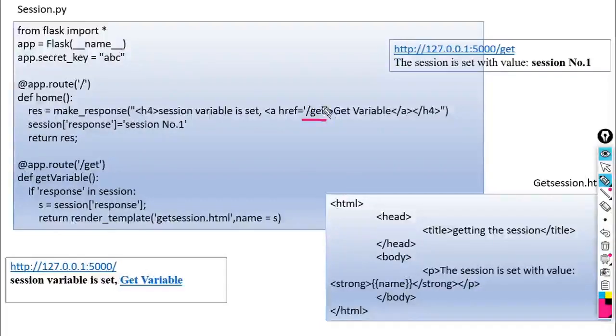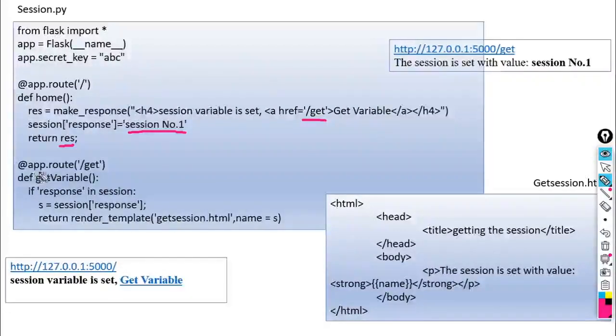In the practical session we will see how it is executed. The session response stores the value session number 1. Return res. It will create one dictionary object, and the name of the object here is res. This is the home URL, and with its help we can set the session.